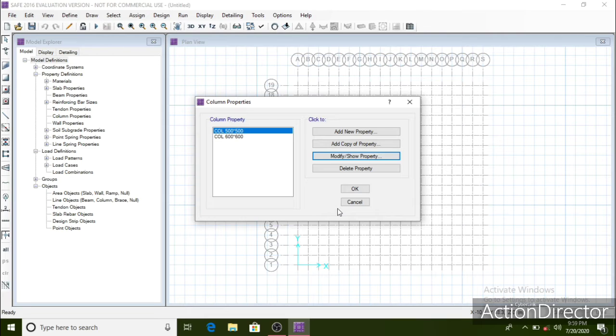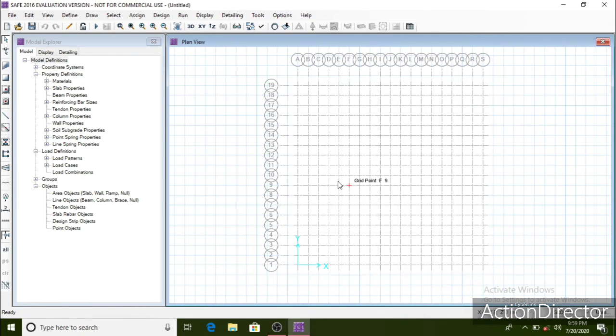So we have defined the two columns of 500 by 500 mm and 600 by 600 mm. Click on OK.